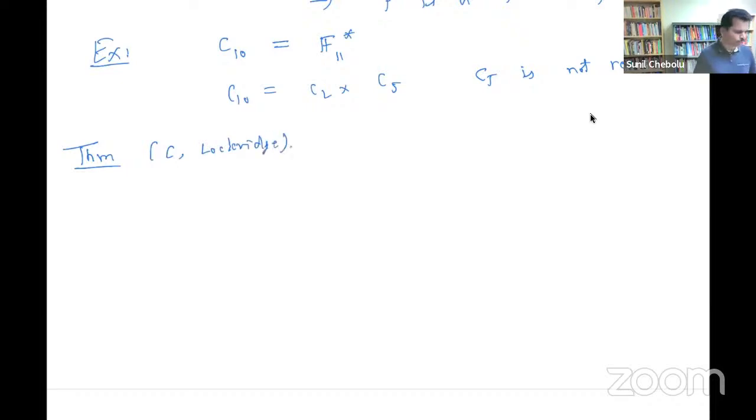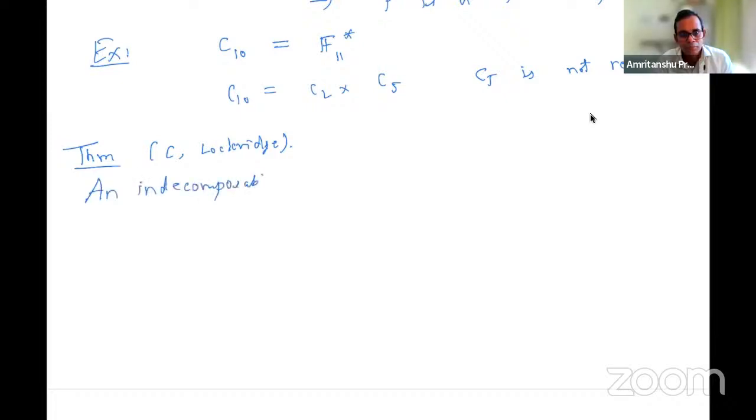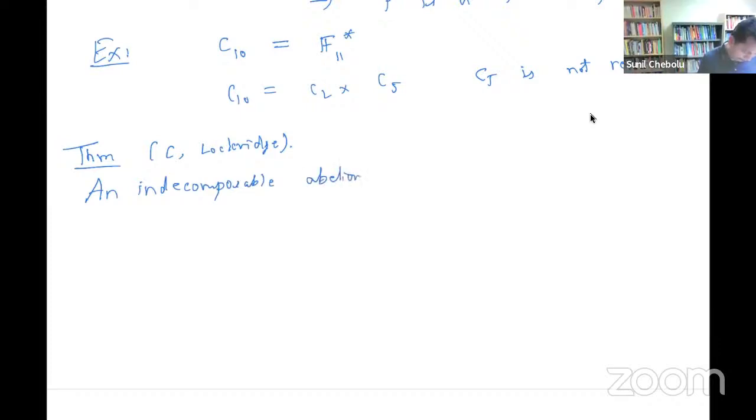So this is basically a solution to, let me write that down. So the theorem is: an indecomposable abelian group. When I say indecomposable abelian group, it's an abelian group which cannot be written non-trivially as A direct sum B, right? So it's a direct sum indecomposable abelian group is realizable